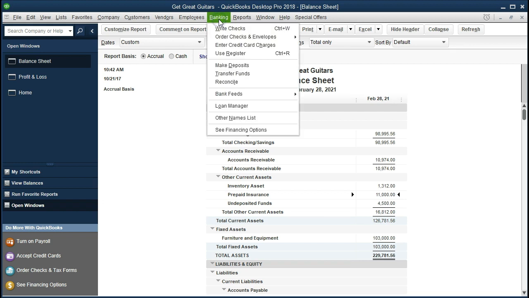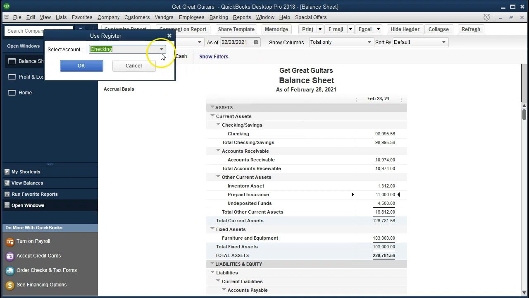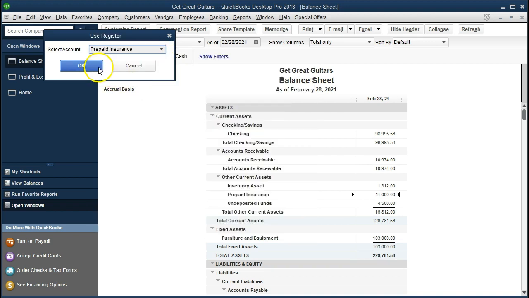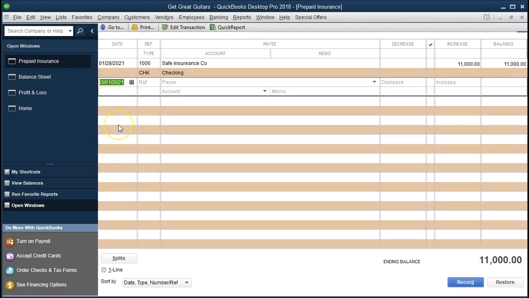So we're going to go to the banking here, and we're going to go to Use Register. And we're going to look for that prepaid insurance. So we'll select the drop down, go to Prepaid Insurance and OK. And we're going to make our adjusting entry as of the end of the month, as of 02/28/21. And we're going to say that this account is going to go down. So it's going to be a decrease of 917. And then all we have to do is choose the other account,